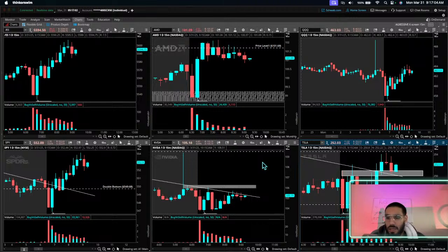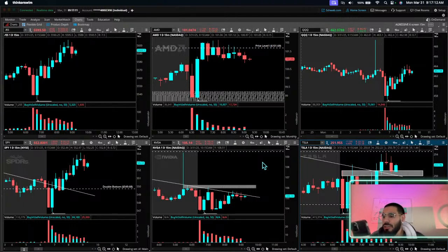I think we just caught... Oh yeah. Okay. I'm just going to say, fuck it. This is a paper trade, though, so it's not real money. But this is the type of trade setup that